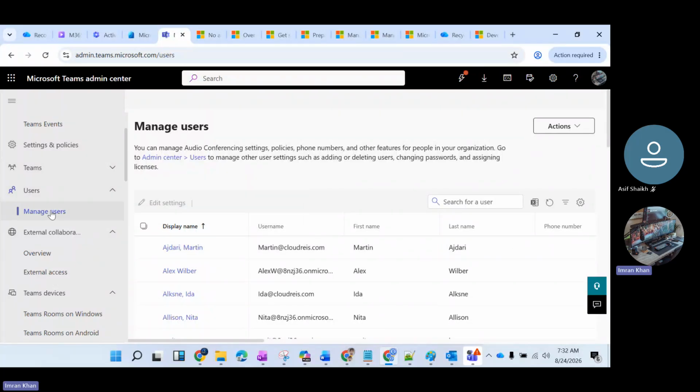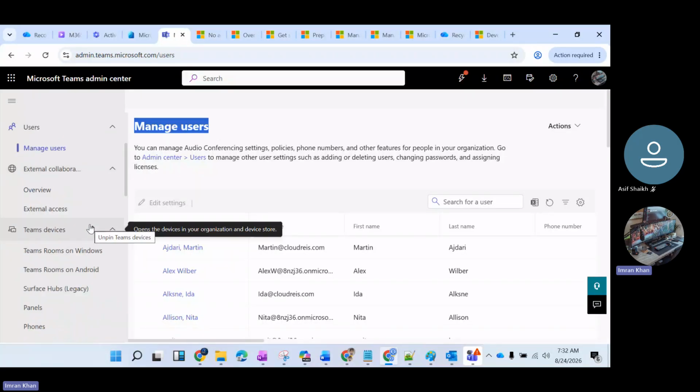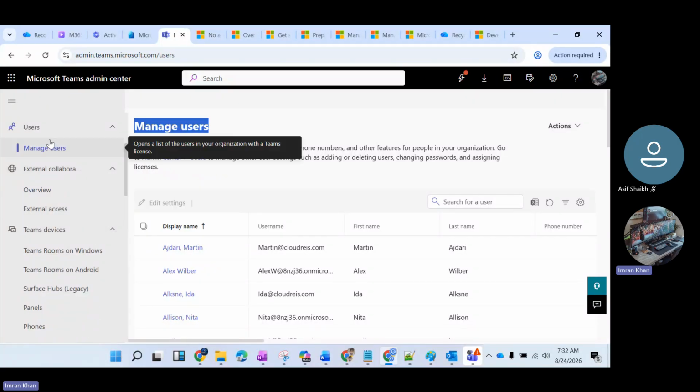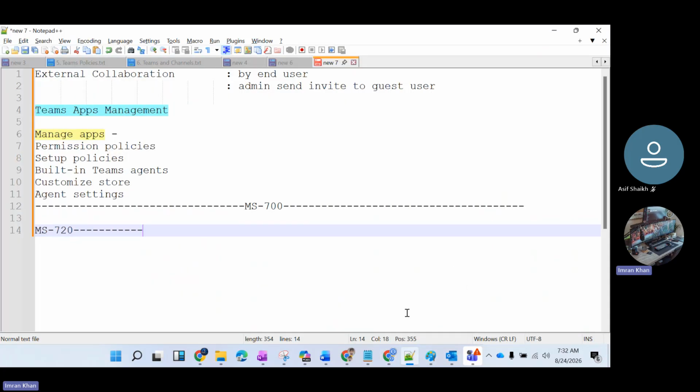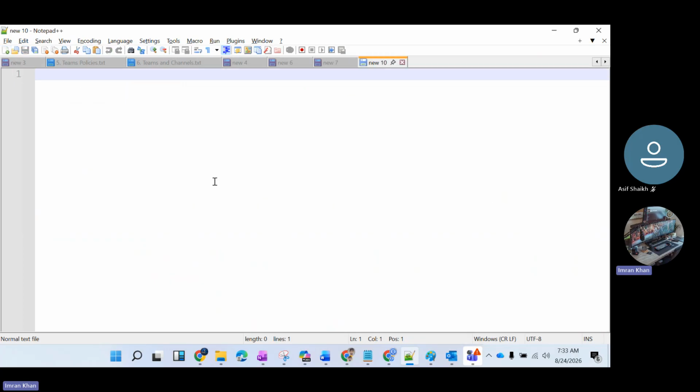Okay, so we will discuss today some of the remaining topics in Microsoft 365 admin. Before starting, I just want to recap some previous topics which were not covered. Maybe I believe you have not focused on them. So first, M365